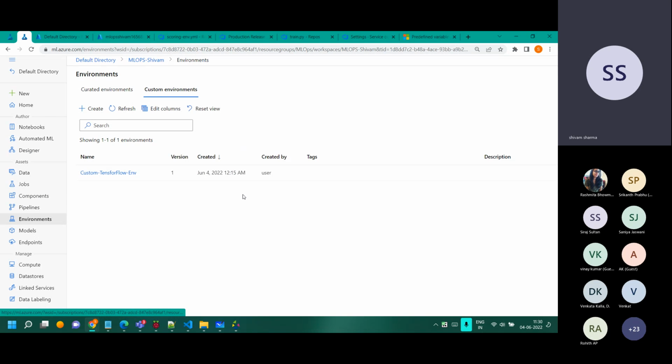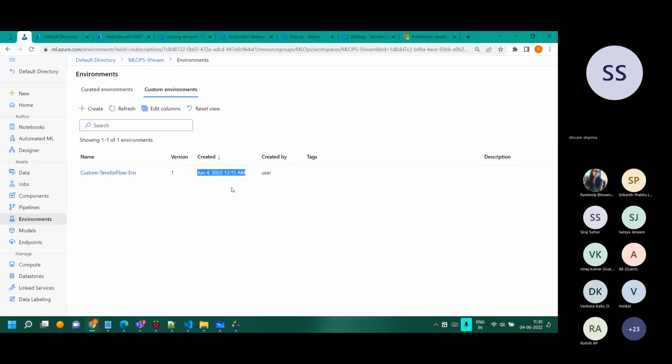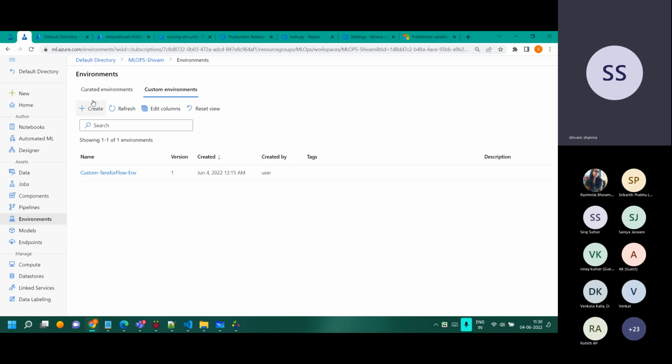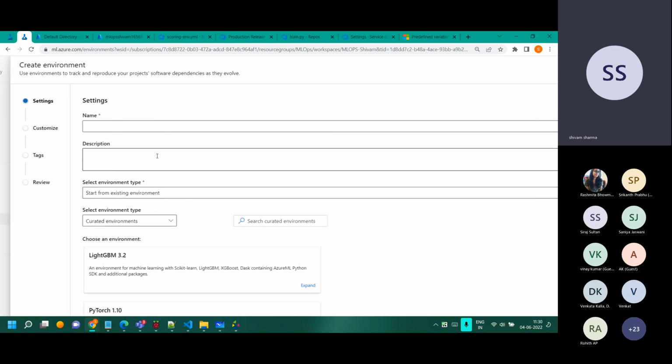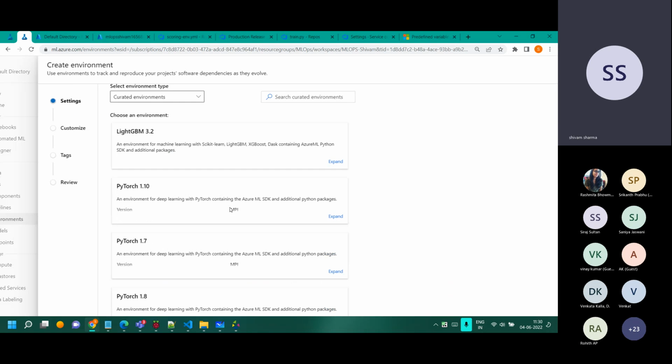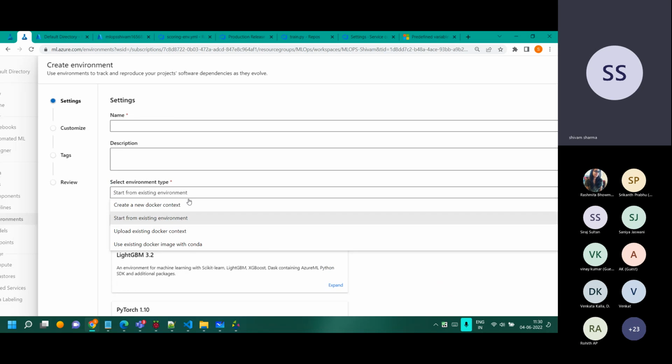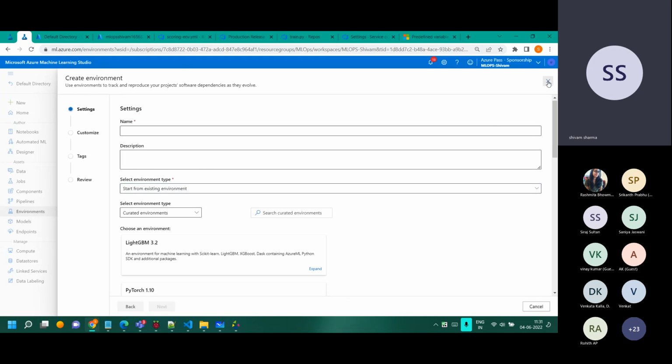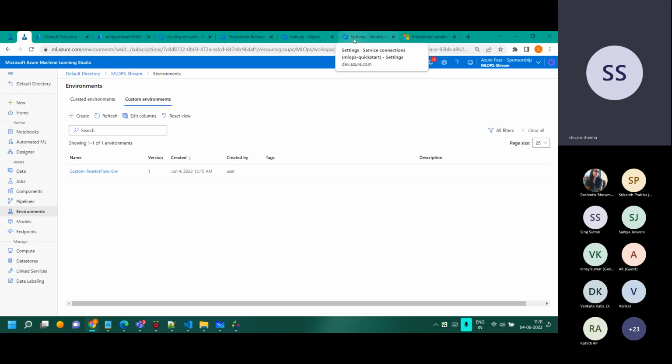This is a different one. Okay, so you basically can register it over here. You can click on create. You can simply say create from the conda file or the existing Docker context over there. We can register the environment over there.